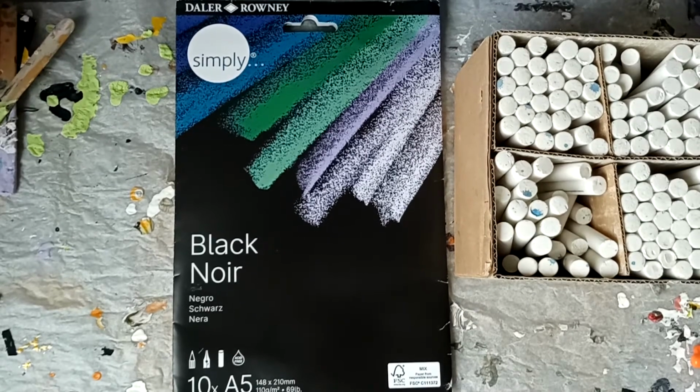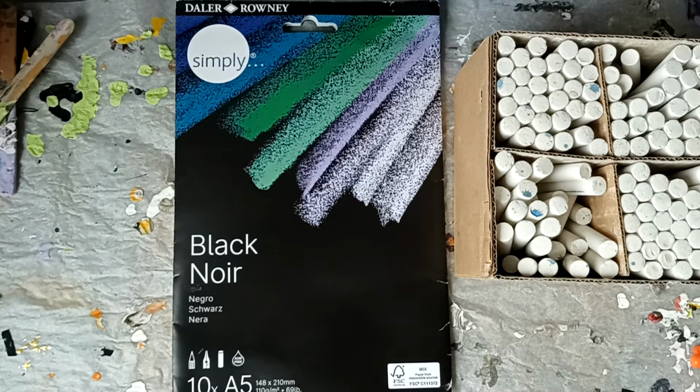Hey guys, welcome back. Today I'm going to be doing another art review. This time it's going to be on some A5 black sugar paper. I always get my PVA glue for my acrylic pours there, and I saw this in stock. I thought if it's good quality, then maybe I want to try it out. I have got a few other bits and pieces from there that I want to try out, but this one,